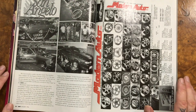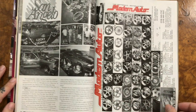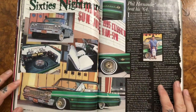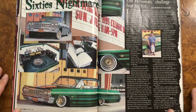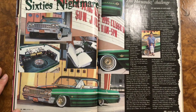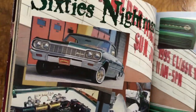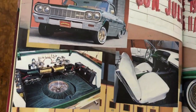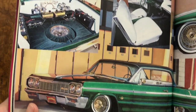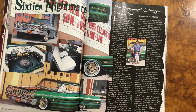Okay guys, so I have a question for you. With being into hydraulics and lowriders and stuff like this, there we have a nice 64 with a nice hydraulic system. And now this is my question. Nowadays, I think right now we have more cars on aircraft hydraulics than there were through the whole lowrider